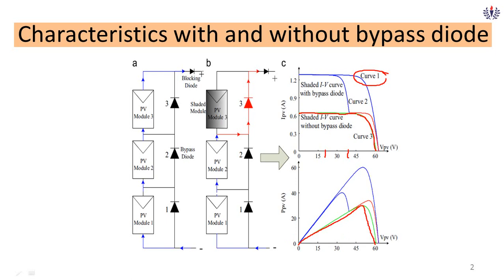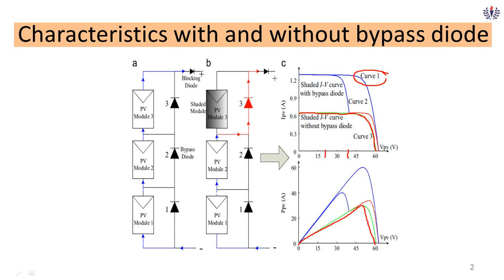Now what will happen in terms of the bypass diode? Now it comes to a very good deal. What is the deal actually? With the bypass diode, whenever the load demands 5 ampere, all three modules will be in operation. Let me say the voltage of a module is 20. If the load demands 5 ampere, then all three are in operation, so voltages will be additive, and you will get 60 volts.